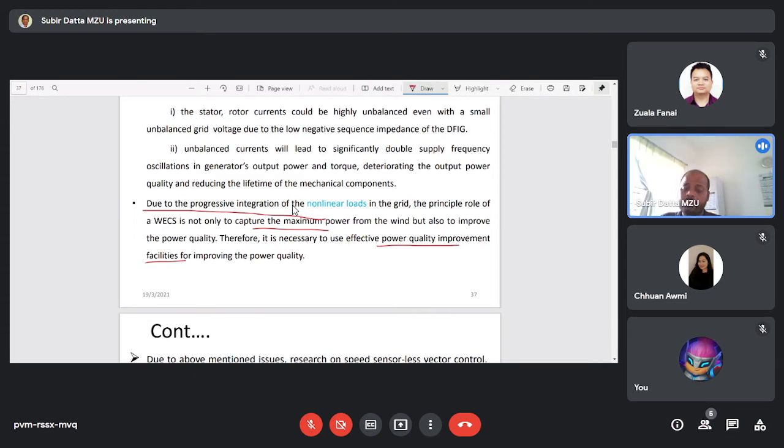Those are called the active filters. So using active filters also you can improve the power quality. And there is a method that is called selective harmonic compensation method. That selective harmonic compensation method also we can incorporate into the control system so that we can improve the power quality. Okay, so these are the different issues,